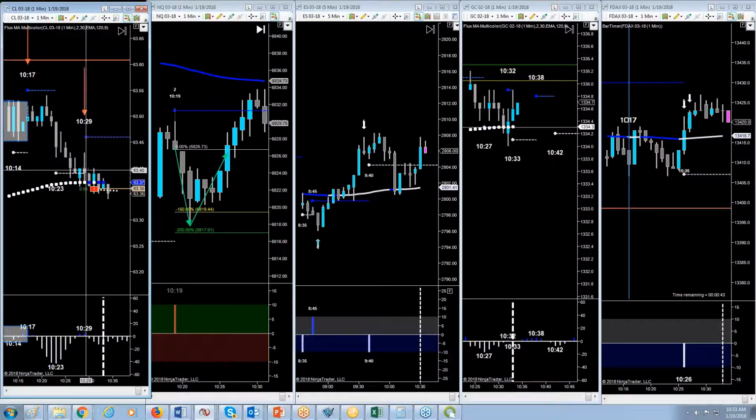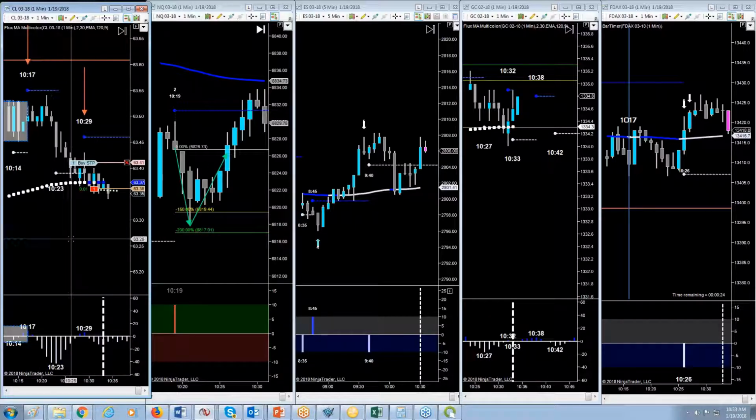Okay, so this candle here is above the MA. This one closed below at 36. That would put our stop right here, 41, 5 ticks of risk to get 10 ticks of reward, which would be down here. There we go. We get to 7, we'll move our stop to break even +1.